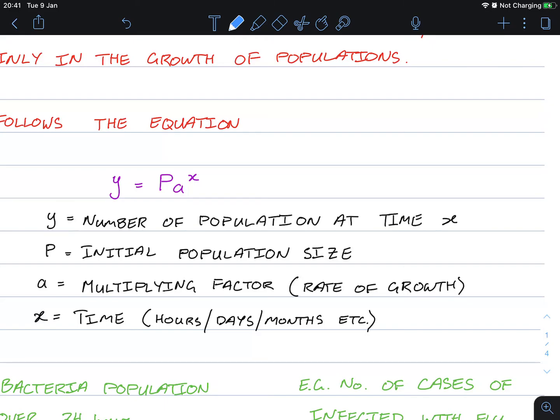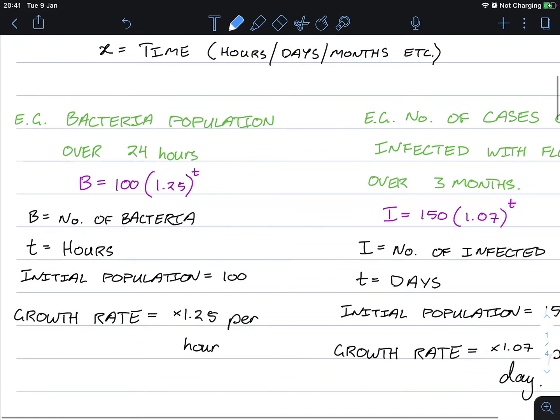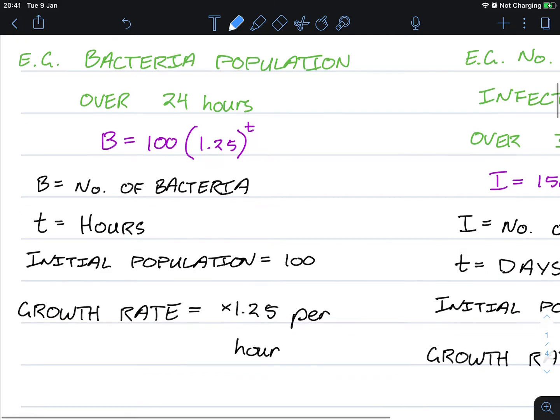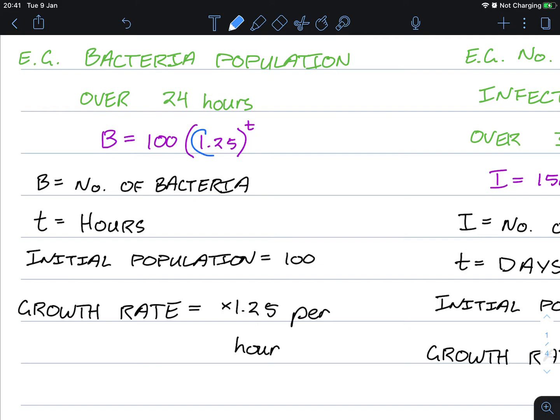And I'll give you two examples of what we mean here. So we have bacteria population. Notice how instead of Y we have B for bacteria. The initial population size of the bacteria is 100. It'll be 100 colonies or whatever it might be. The multiplying factor or the growth rate is times 1.25 per hour, because the measurement that we're doing, T, right,